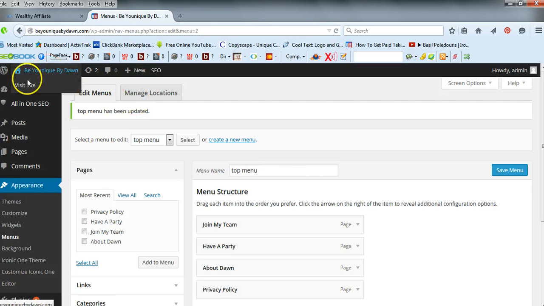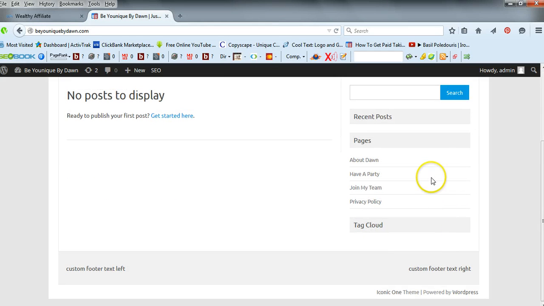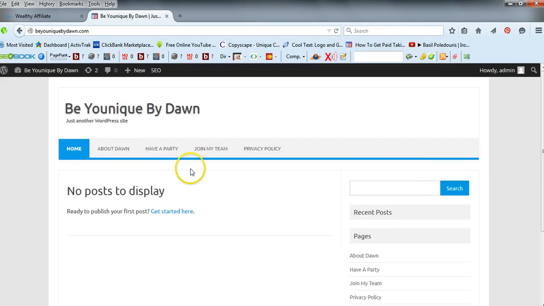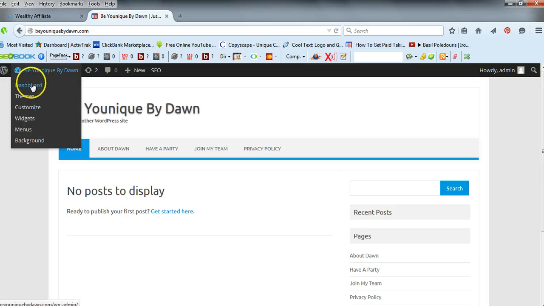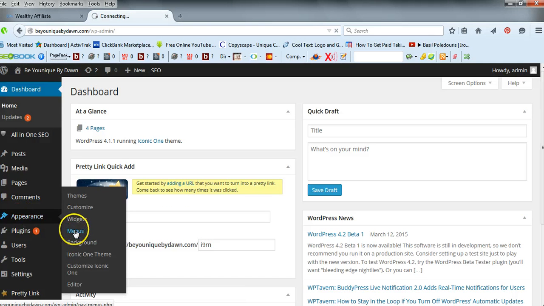I'll have a look and see what that looks like. There you go, you can now see those menu items at the top. Now we've also got them down the side, and this looks a little bit higgledy-piggledy, so we need to tidy that up. We'll do that in a second. The last one that we're missing up there is shop, so we need to put that in. So if we go back to menus,